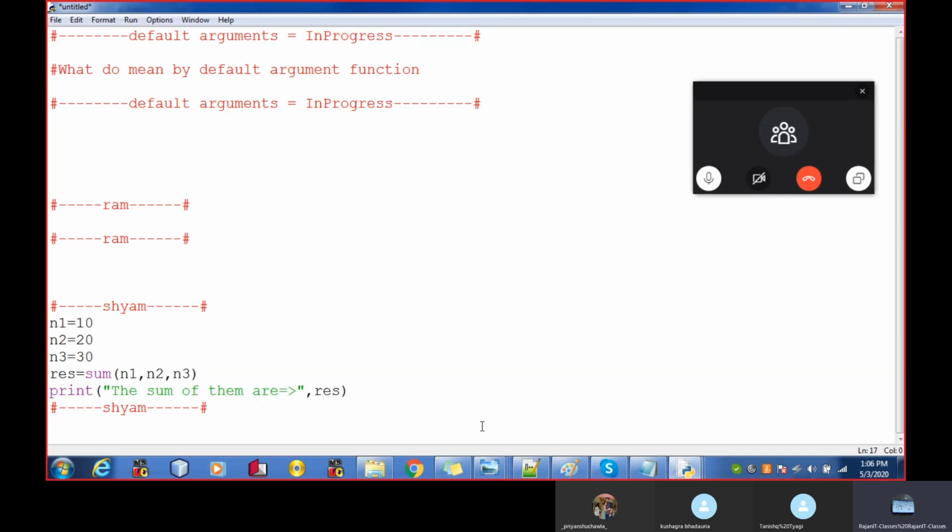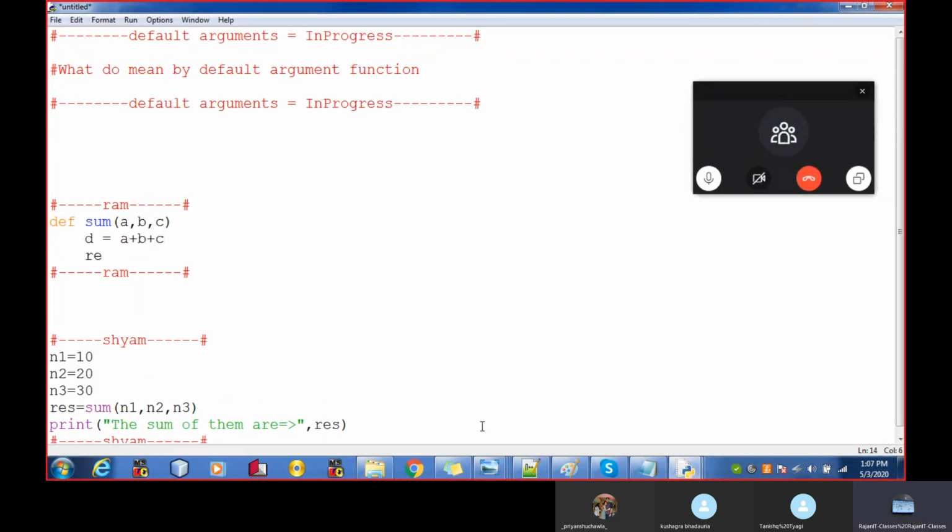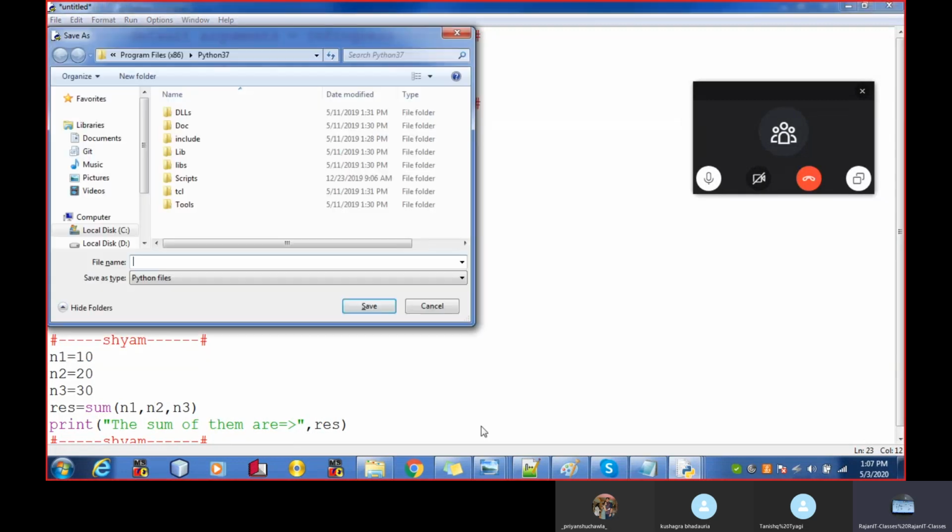Inside the sum function, the result will be a equal to a plus b plus c. Done. If I run this program, I will get the expected result, that is 60. Let's run this program.